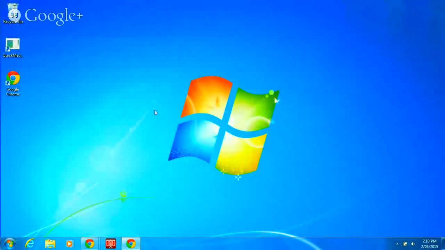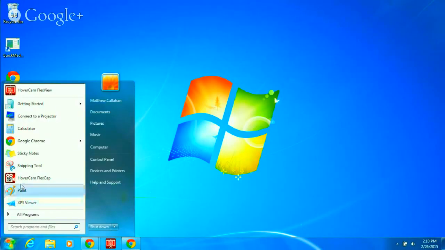Hi, this is Matt Callahan, and today I'm going to talk to you a little bit about the new HoverCam FlexView document camera. If you click on the Start button, and then All Programs, you'll see